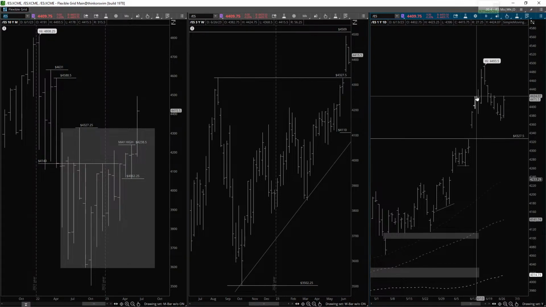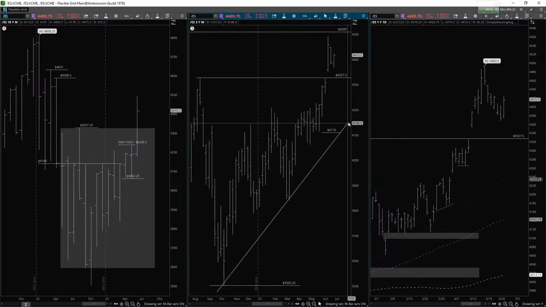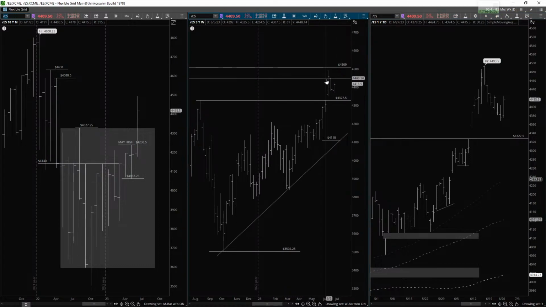I have a new range here. 1, 2, 3, 4, 5, 6, 7, 8, 9, 10, 11 day range here. Another range here. We have a downside trend in the weekly. As long as this high is not taken, there could be a change in the weekly time frame. The monthly is the last one to reflect change.